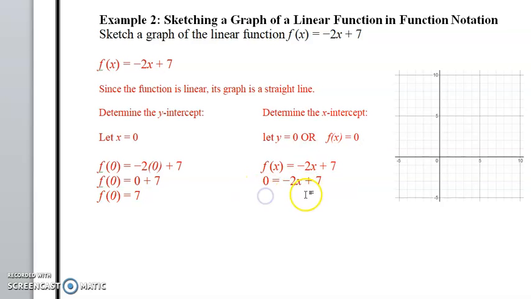So we subtract 7 from both sides, which gives us negative 7. Negative 7 is equal to negative 2x, right? So we subtracted 7 from both sides. Next thing we want to do is divide both sides by negative 2, and that'll give us x is equal to negative 7 divided by negative 2, which is equal to